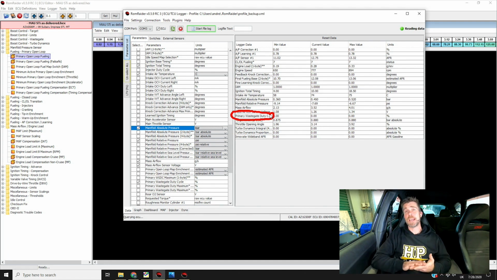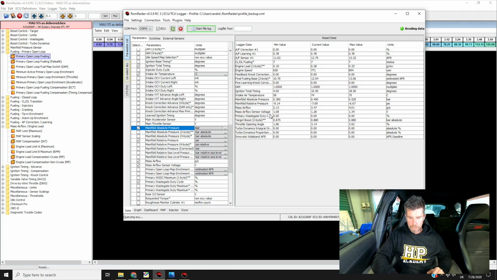One of the problems we have with this car is because we have fitted a larger turbo, it is lazier to come on boost than stock, which is pretty much to be expected. However, if we run the stock boost target tables, we're going to be targeting boost pressure at, let's say, 3000 RPM that there is no way we can get to. What this creates is a situation which is called integral wind up, where the closed loop control strategy is trying to drive the wastegate duty cycle harder and harder to get to this target that's unachievable. And what happens is that when we get to an RPM range where we can create boost, the boost will essentially overshoot. So getting the target realistic to what the engine can actually produce is really important to get good boost control.